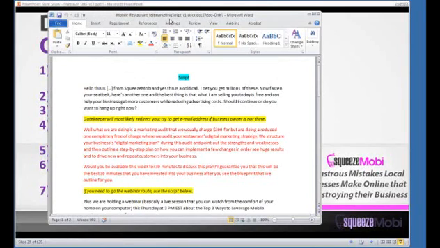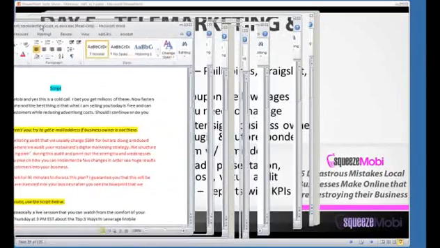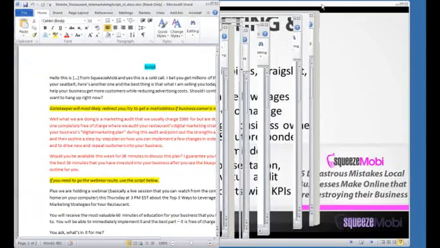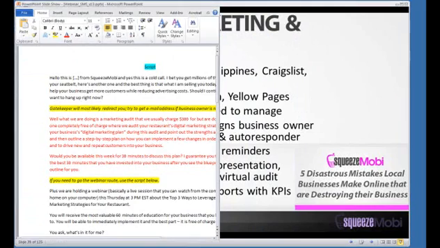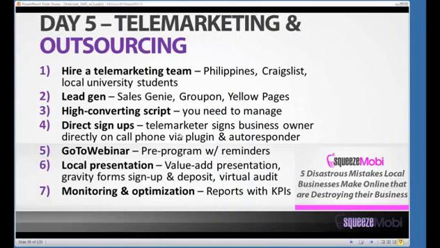For example, this is our telemarketing script that we use, but all you really need is a high converting telemarketing script or an email script that potentially drives them to a local webinar on mobile marketing. Why? Because at that webinar, you can close many more people than if you're going to be doing one-on-one presentations, and you can even filter out those people more and more. Okay?